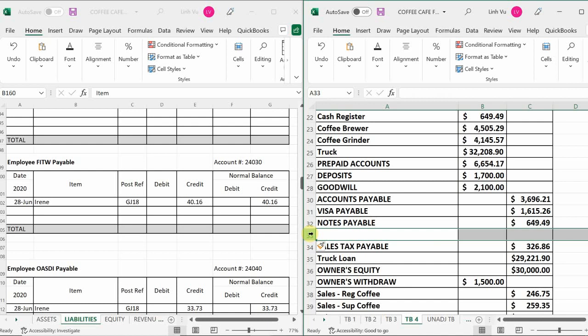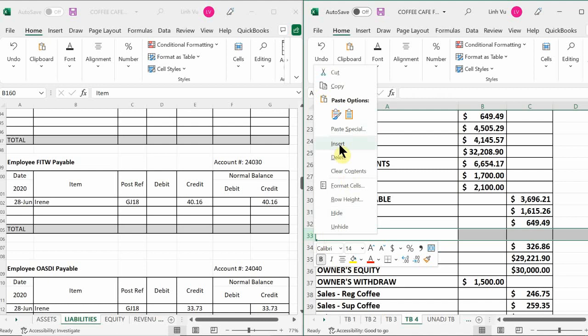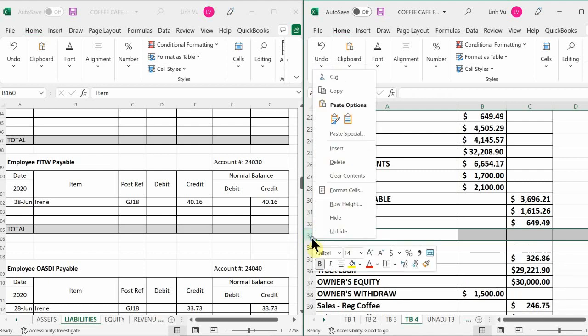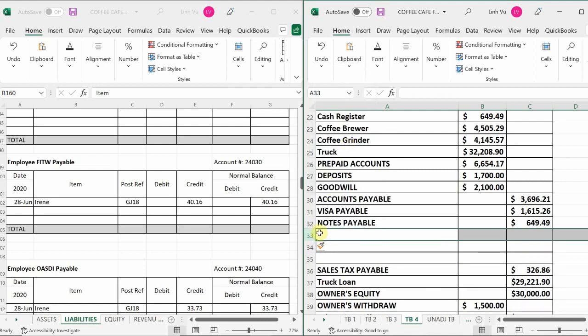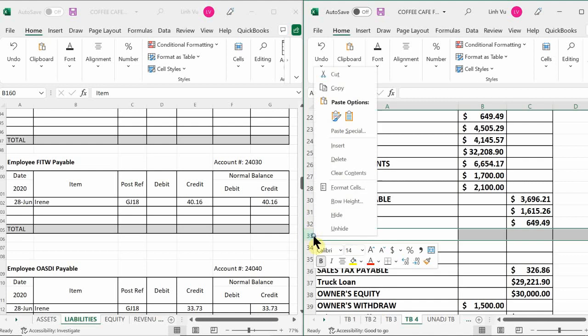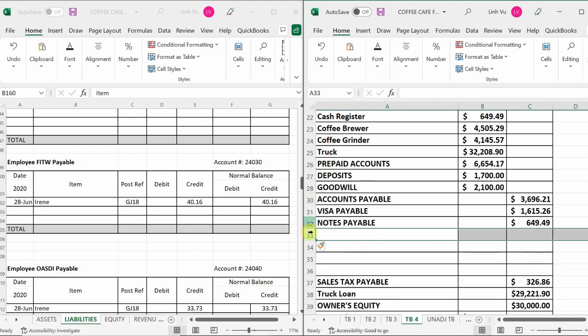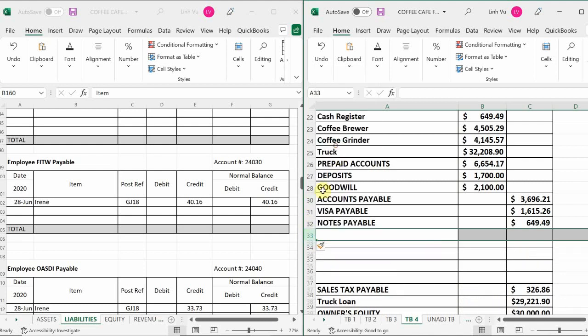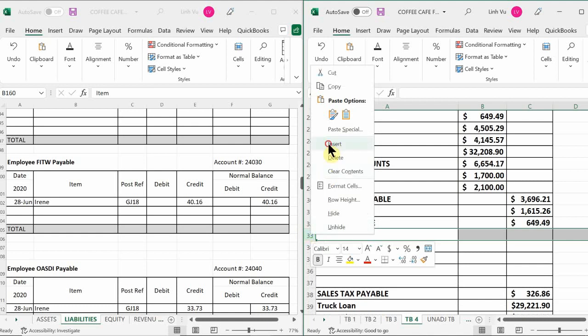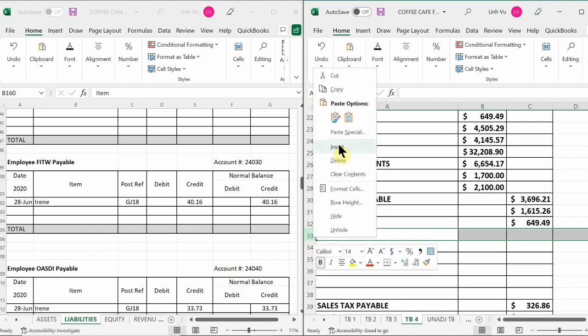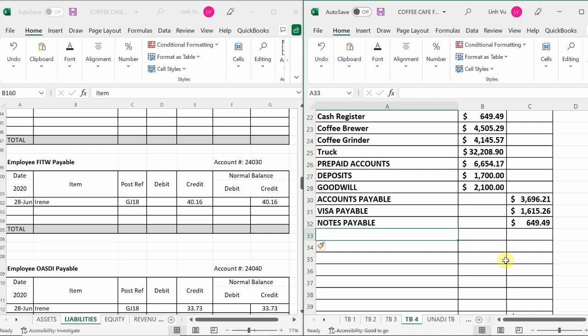So the first one was FITW. I'm going to insert 7. Okay. Then we got company FICA, company FUDA, company SUDA, and workers' comp. So in this case, I'm just going to type it like this. FITW is pretty straightforward. FITW, OASDI, HI, and then